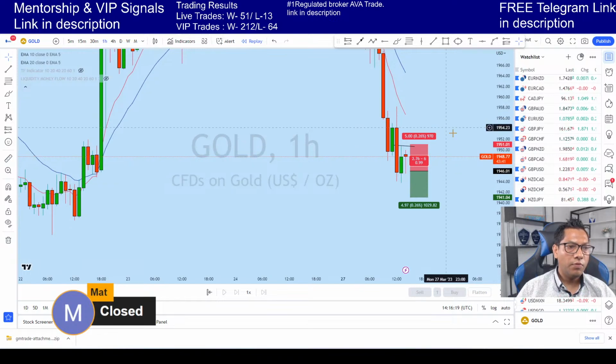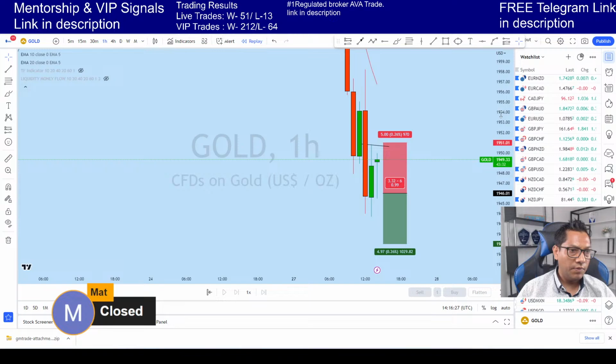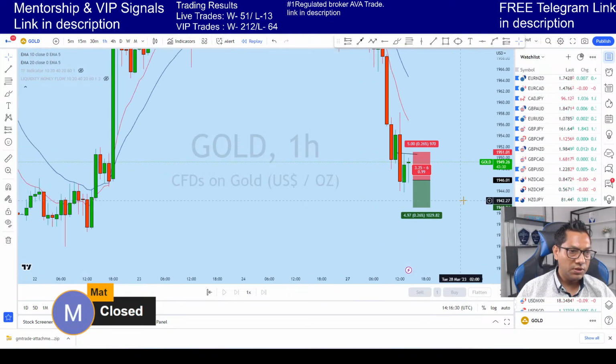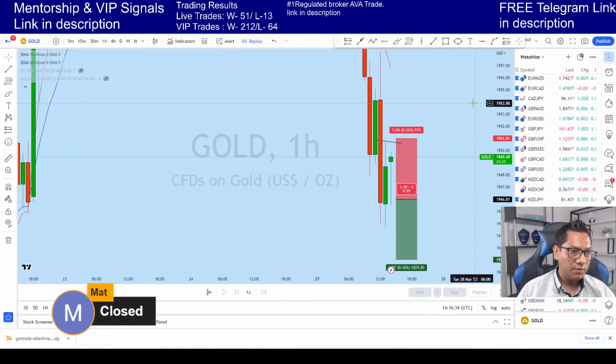Okay, from the 1 hour chart you can see that this 1 hour candle has closed just below this level, which is a very good resistance zone for the price to be respected. If it doesn't, then